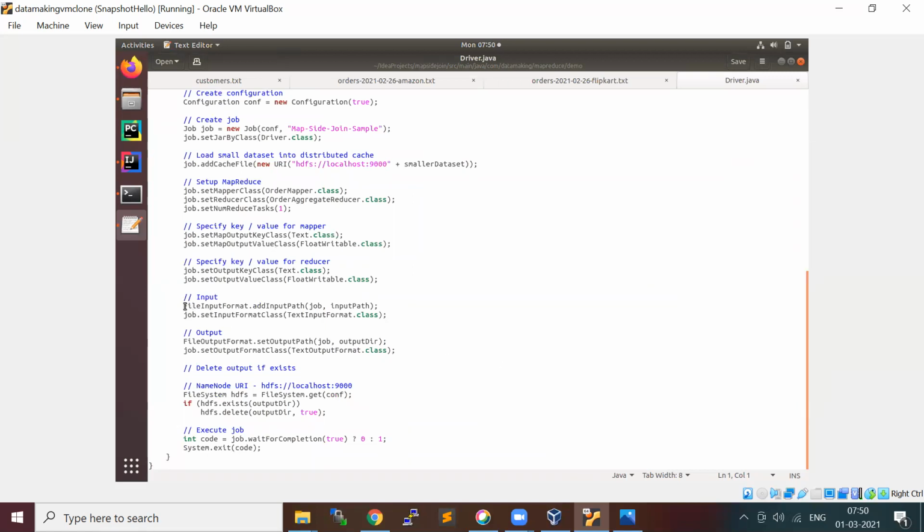When we want to specify input, we say FileInputFormat.addInputPath, where you provide the job object and the input path, the directory of your input location. That's what we passed in the earlier programs.